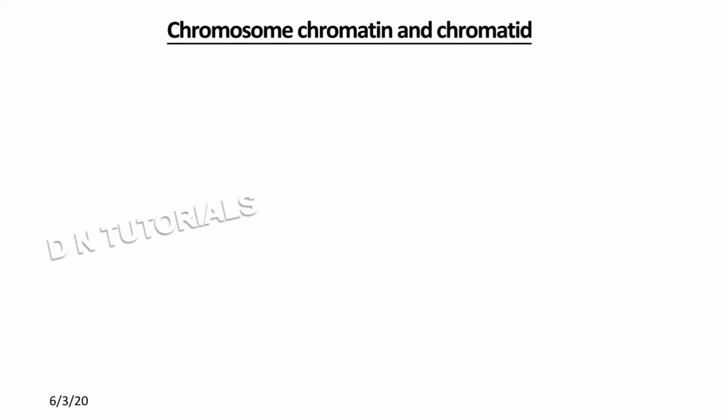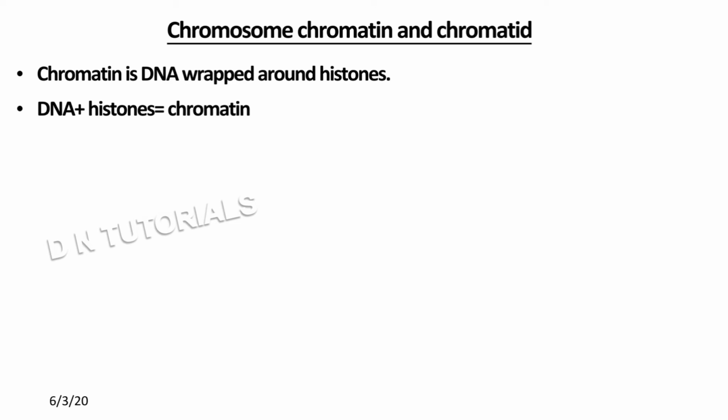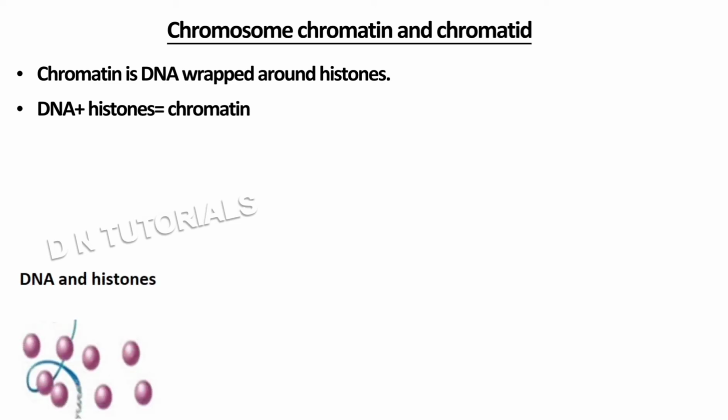Before we start to study the entire structure of chromosome, I want you to understand the basic difference between chromosome, chromatin and chromatid. So let's start with chromatin. Chromatin is a DNA wrapped around the histones, right? And these histones are actually associated with the DNA in the nucleus and help condense it into chromatin. These histones are the alkaline proteins. So when these histones come along with the DNA, they are going to organize to form chromatin fibers.